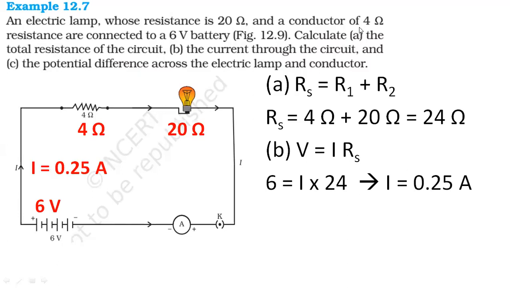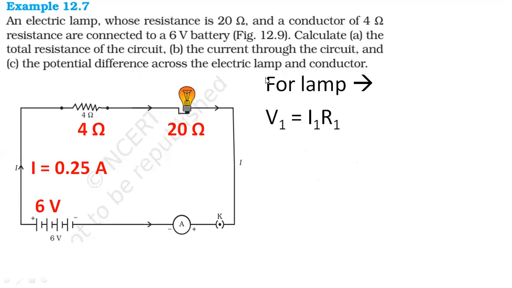So we have solved A, we have solved B. The third thing they are asking is the potential difference across the lamp and the conductor. So we have to find the value of the potential difference across the lamp and the conductor. Let us try to find it. For the lamp, the formula would be V1 is equal to I1 into R1. They are asking us to find the value of V1. Do we have the value of I1? Yes, we have. Because this is a series combination, the I1 value is nothing but this one, 0.25. And the R1 value is given as 20 ohm. So we can put